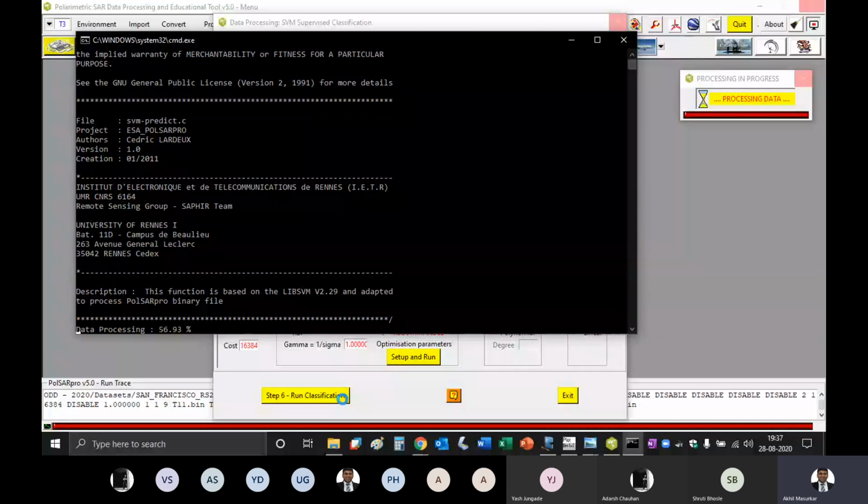So just check. I'm not sure. Because how much is your RAM? It should not crash because I am using the slowest processor. No, 8 GB it should not crash. I am on just 4 GB.